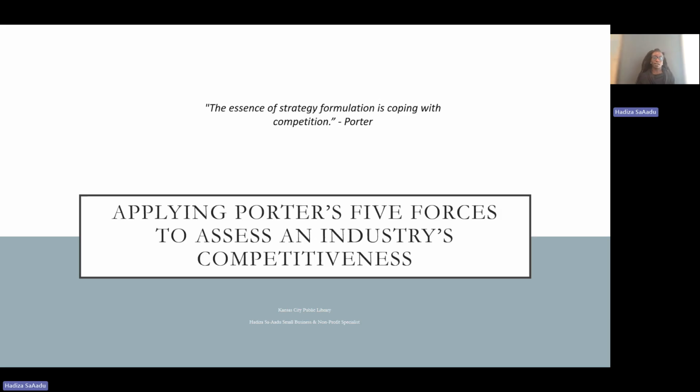And when you do log in, I want to point out you will have access to a dashboard here on the left-hand side. And to access Porter's Five Forces, you will go under the second module that you see here called Business Ideation. You'll click on the drop down and you'll then click on Other Business Ideation, where you'll see the Canvas, the SWOT, PEST, and then highlighted here in yellow, Porter's Five Forces.